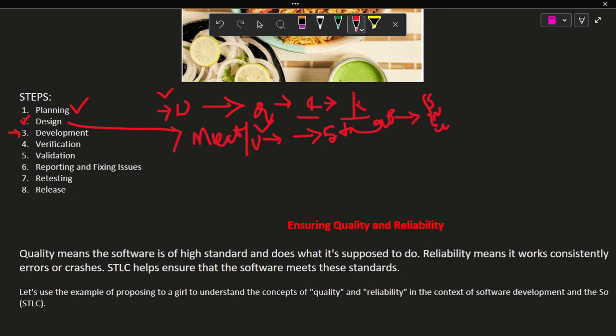So coming to the development, in this process developers write the code for the software. Okay, so coming to the biryani case, you cook the ingredients according to your recipe and follow the instructions carefully. So this is the preparing the biryani stage. So coming to the verification phase, in this case you verify that you have followed the recipe correctly or not, checking if you added all the required ingredients and followed the cooking instructions or not. Coming to the validation,